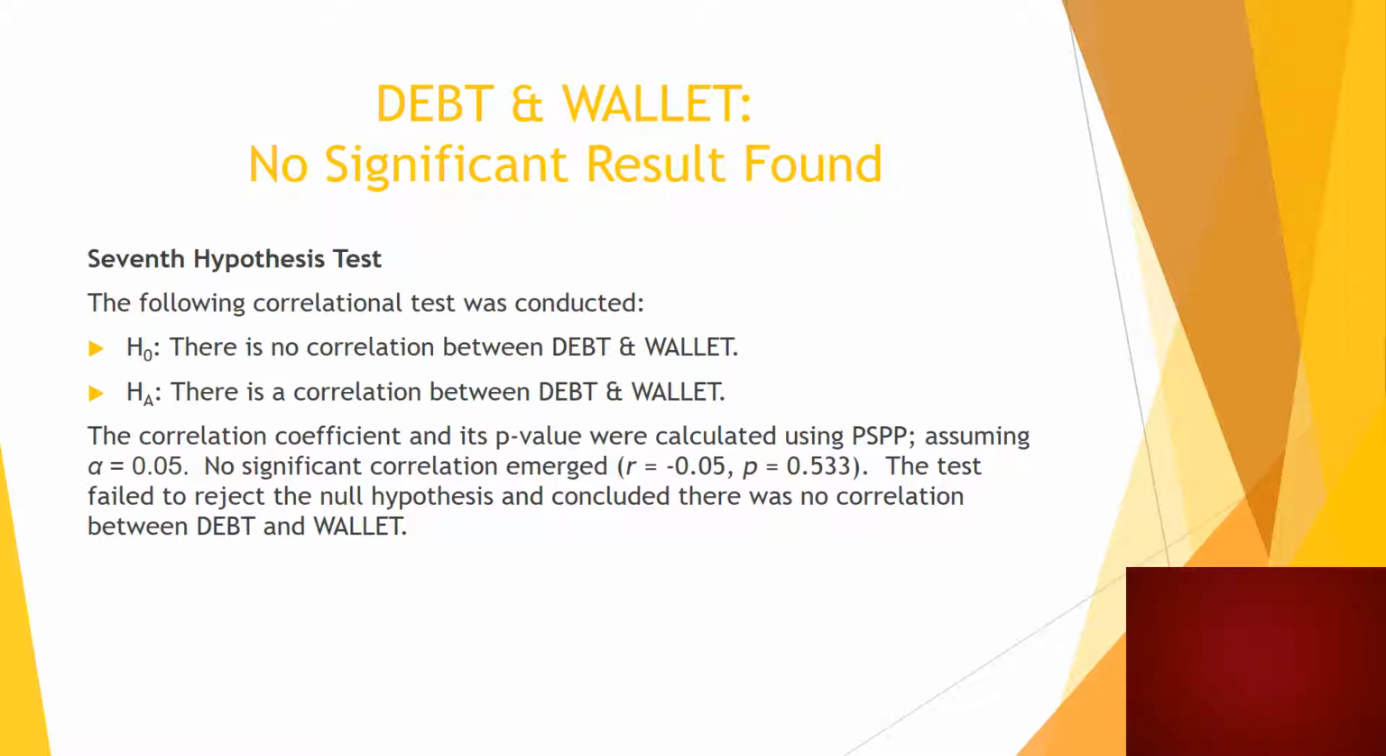Again, similarly, debt and wallet: how much debt that person reported that they had, and how much money they carried in their wallet. We were testing to see if there was a correlation between these two variables. The null hypothesis stating that there is no correlation between debt and wallet, and the alternate hypothesis that there would be a correlation between debt and wallet. We did not find a significant correlation between these two variables. The R value was negative 0.05 and the P value was 0.533. So we failed to reject the null hypothesis and concluded that there was no correlation between the debt and wallet